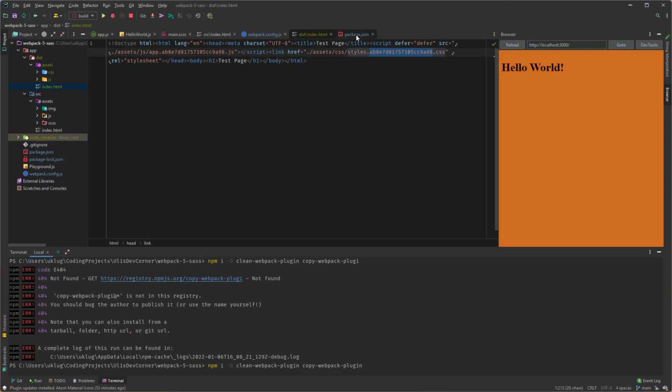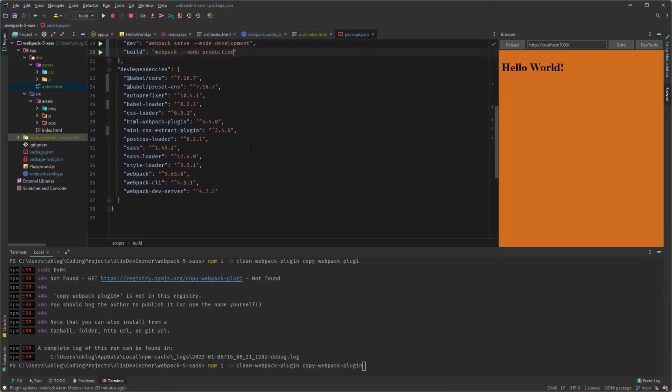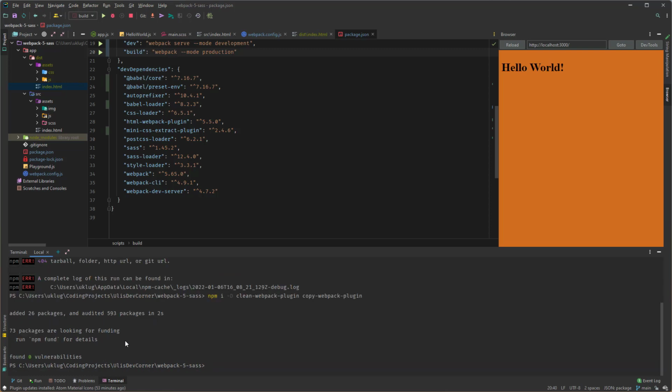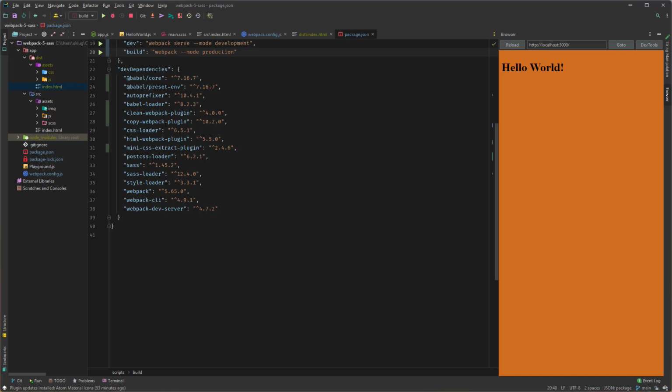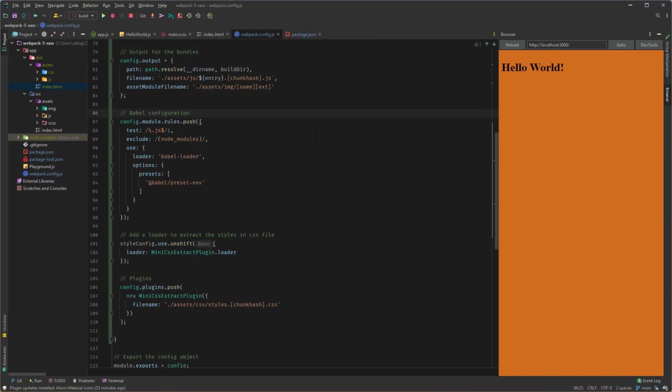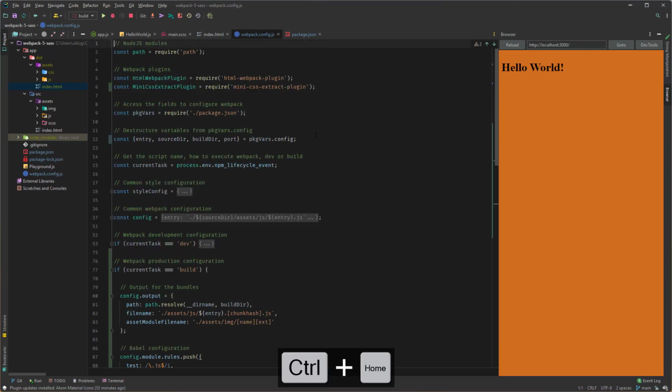And if I look at my package.json, I did not add any packages. And that's actually how it works: all the time you install packages in one go, so if you have one spelling mistake or one package is not available, then nothing will be installed. So clicking enter here, and now no error. With Shift Escape we close that, and we see, okay, we have added the packages. So closing this one, back to the webpack.config, and with Control Home we go all the way to the top